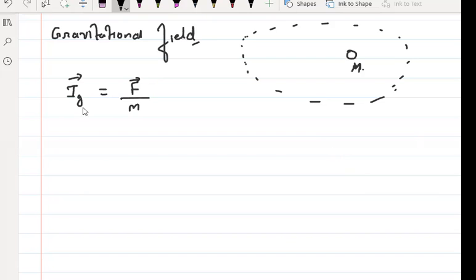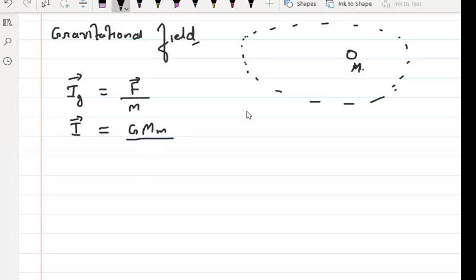Now, what is the formula of this electric field? Gravitational field intensity, sorry, I'm used to saying electric field, since I'm from electrical, it's just a habit. So the formula of force, what was it? G capital M, small m,